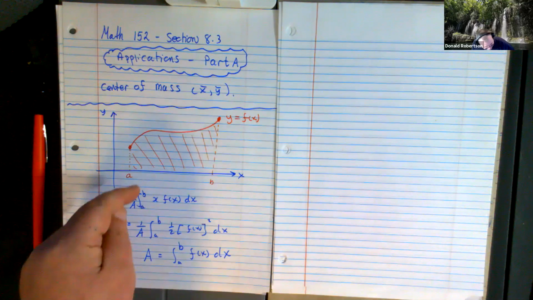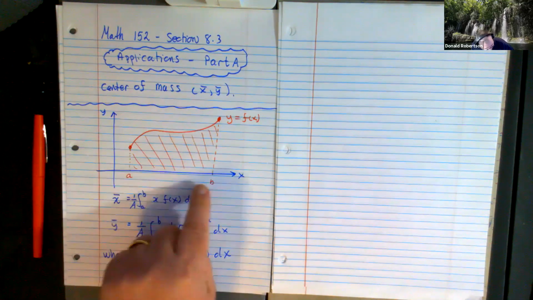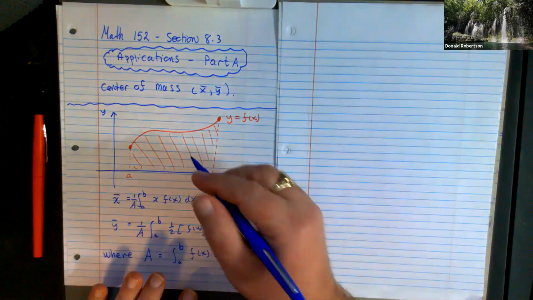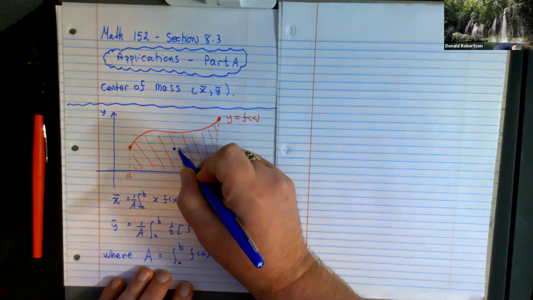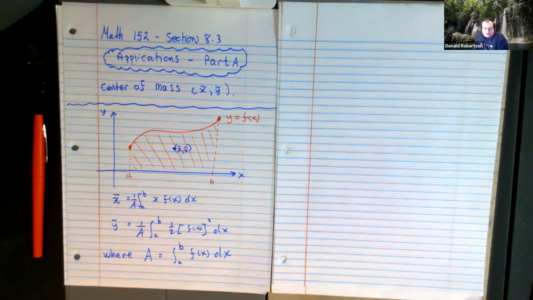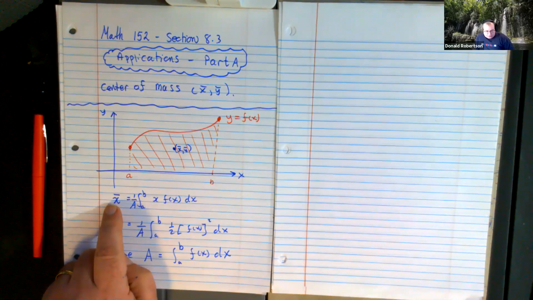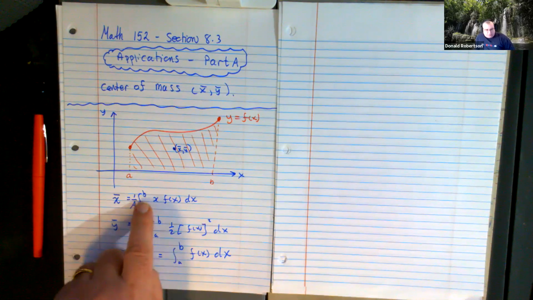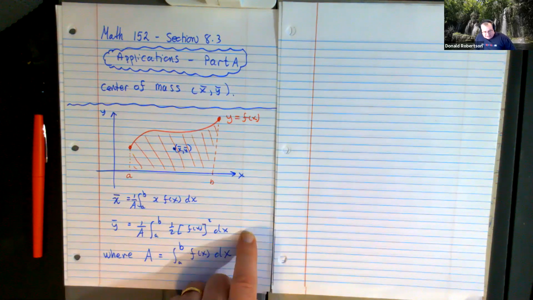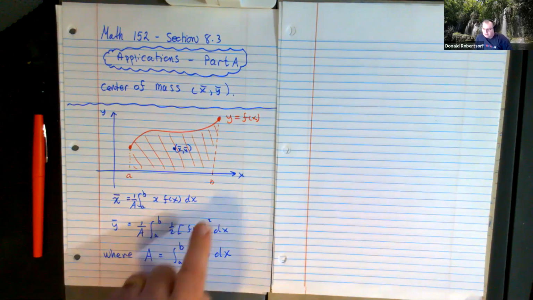You've got a single curve from x equals a to x equals b. So you've got this basically shaded area, and you're trying to find the center of mass, which I'm guessing would probably be somewhere round about where that dot is, right? To calculate the center of mass of the area under a curve, you use this formula. The x coordinate of the center of mass, called x bar, is 1 over A, this integral. Y bar is 1 over A, this different integral. And A is just the area of that entire